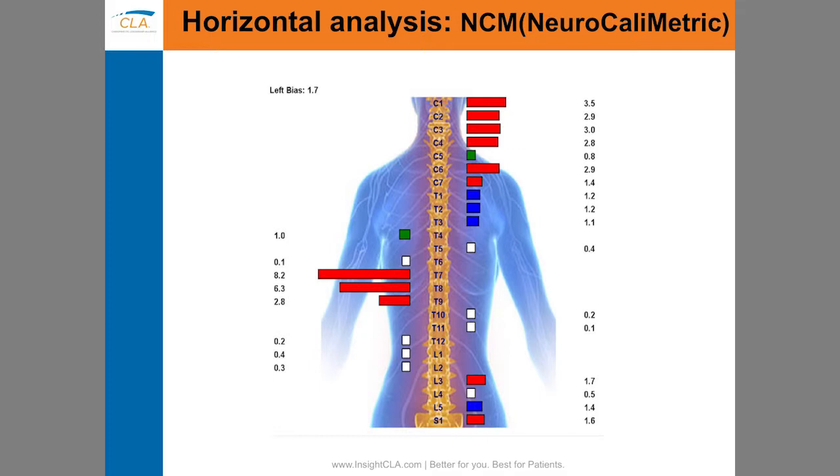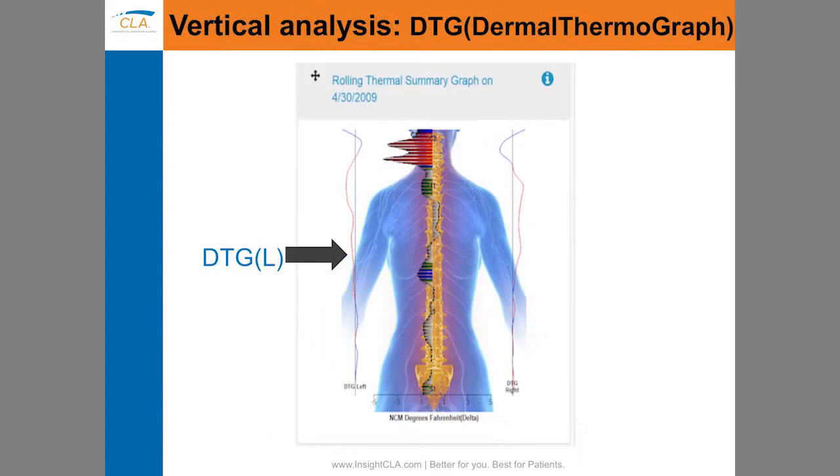Now, that's okay because the value of dysautonomia is associated with this ability of asymmetry, which is what you're seeing on the NCM. But wouldn't it be nice to know whether you were looking at a cooled bilateral area or an overheated bilateral area? And so what you can see if we take a look here is that you might look at this graph and say, oh my goodness, in the cervical region, red means hot. Well, we always plot towards the warmer of the sides, but as you can tell, which is very interesting, if you look at this DTG, you can see the same area that's showing the red up in that cervical region